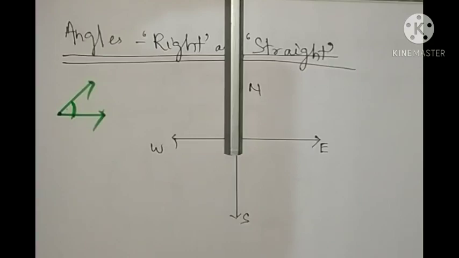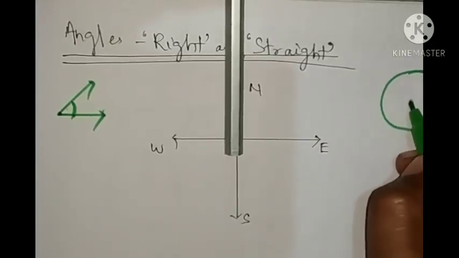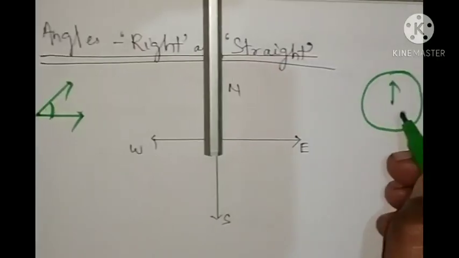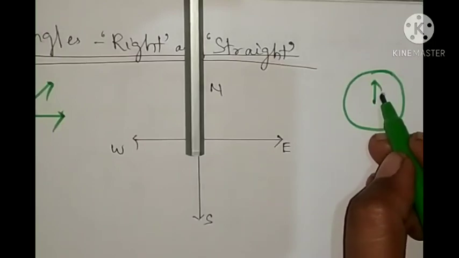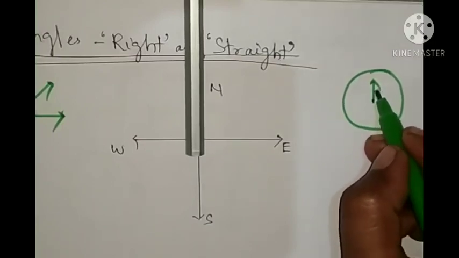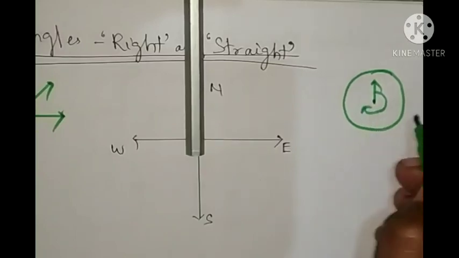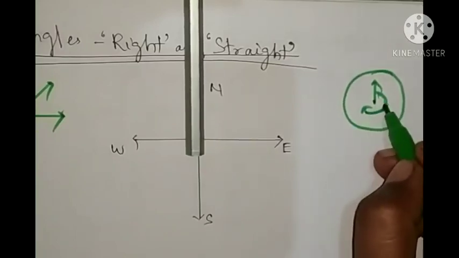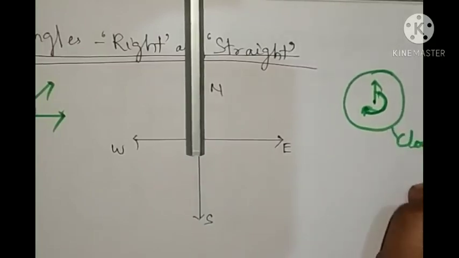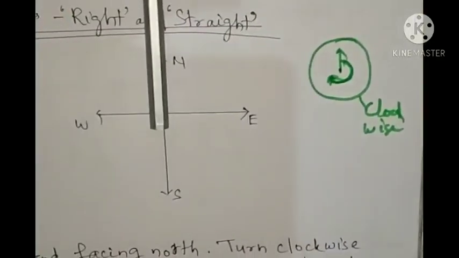Clockwise means the way the hands of a clock move. So we have a clock and it has hands, minute hand, hour hand, second hand. If it is moving, how will it move? It will not move in the opposite way, the movement is tick tick tick tick, it will move like this. So this movement is known as clockwise, because it is moving according to the clock.